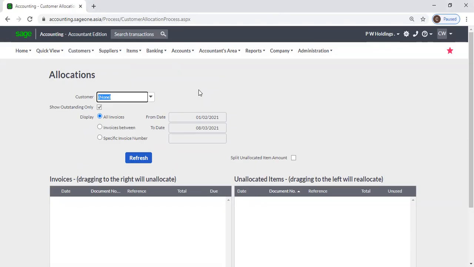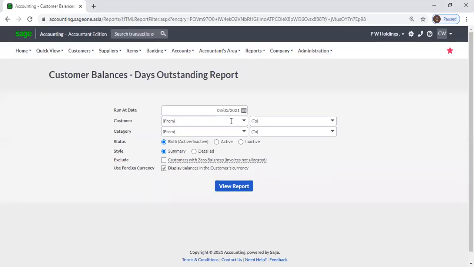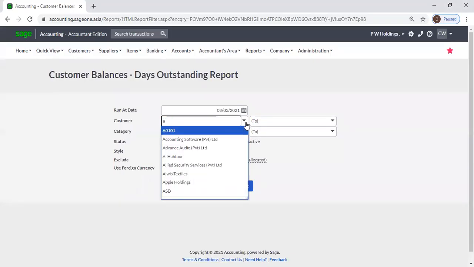Sometimes when we are entering a customer receipt, the customer invoices may not be available, or sometimes we forget to select the customer invoice when we are entering the customer receipts. Then when we generate the customer outstanding report, it will display the payments and receipts separately. Now, if we generate this detailed customer outstanding report,